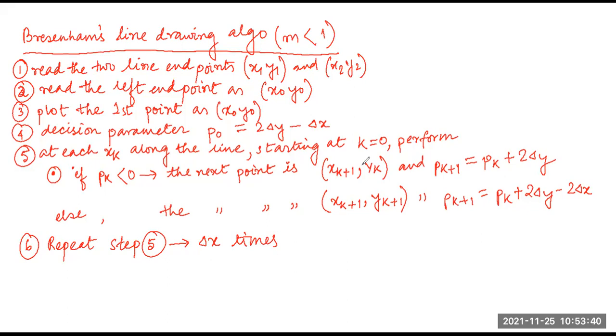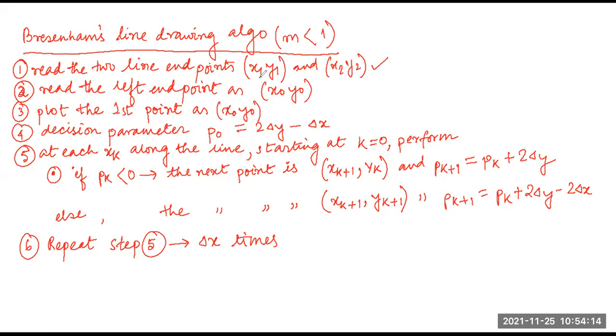I am not going into that abbreviation. If you want, you can refer to any book or any tutorial, you will see the abbreviation. So the first thing is, given any two line endpoints, what do we do? We first read the two line endpoints as x1, y1 and x2, y2. Then I always start with the first line endpoint as my initial position for arriving at the final position.